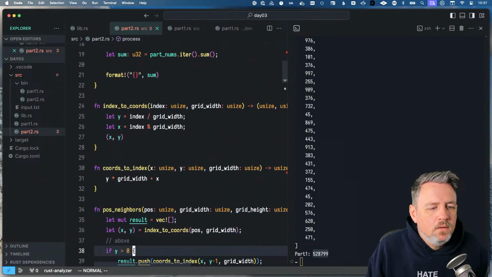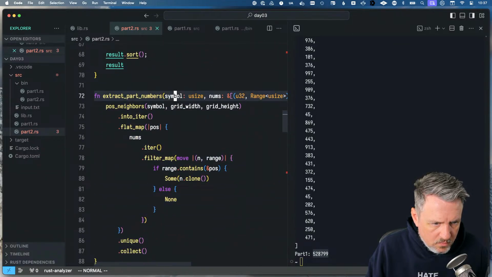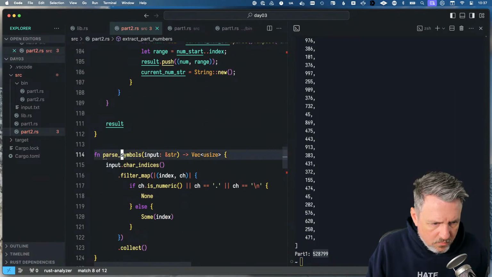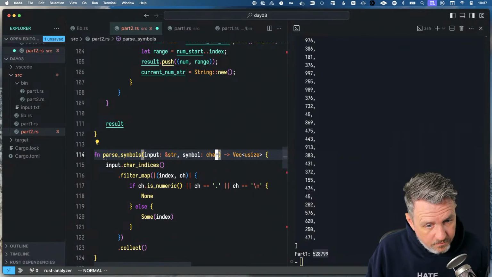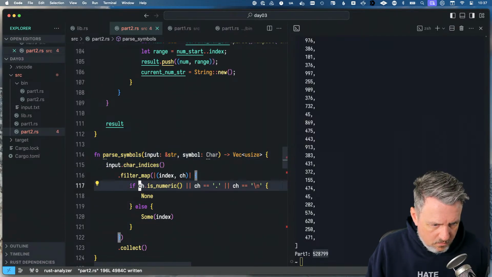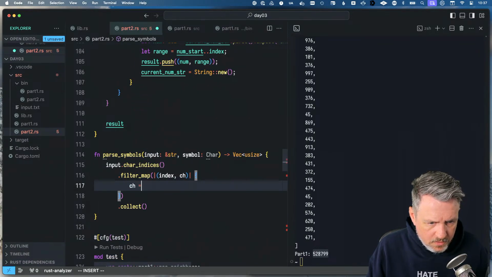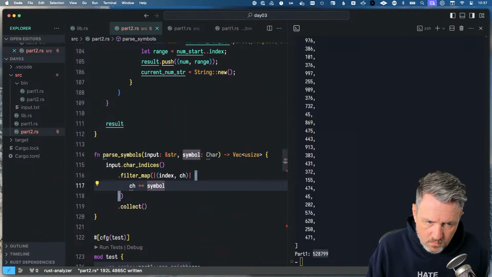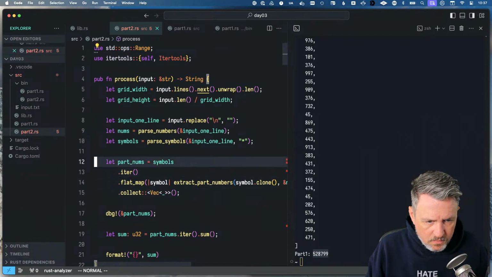Okay, so extract symbols, input string, symbol is a character. Is it that, I think? Okay, so now we just return ch equals symbol to return all the indices for that symbol. I need this to be,